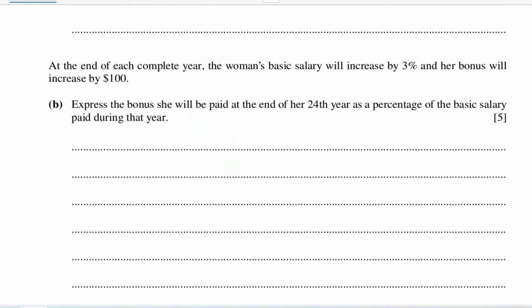Next part of the question is, at the end of each complete year, the woman's basic salary will increase by 3% and her bonus will increase by $100. Express the bonus she will be paid at the end of her 24th year as a percentage of the basic salary paid during that year. So the bonus she gets is